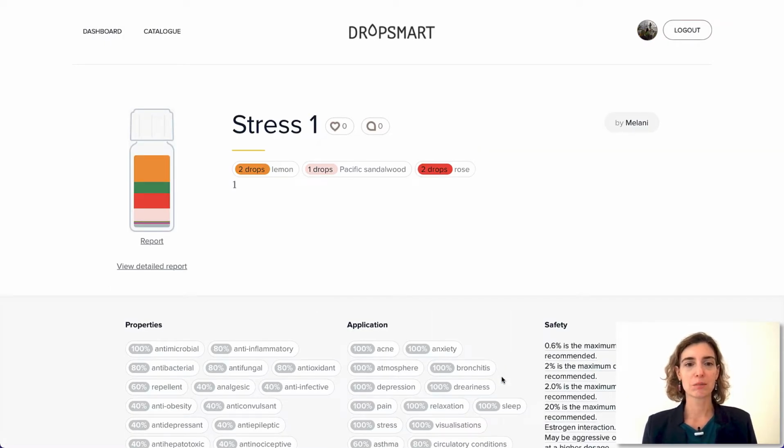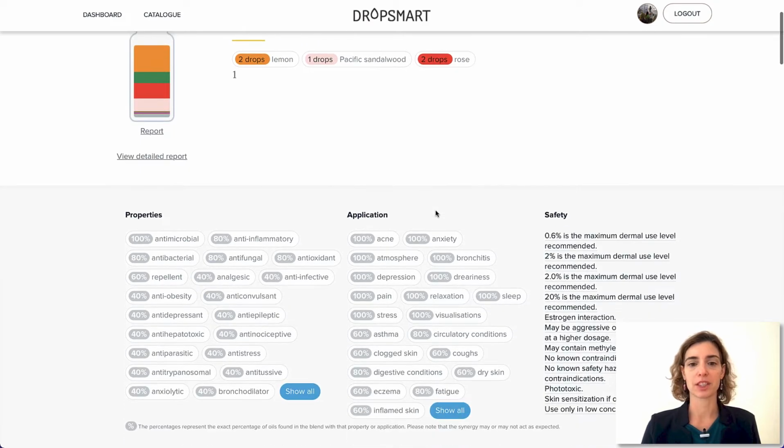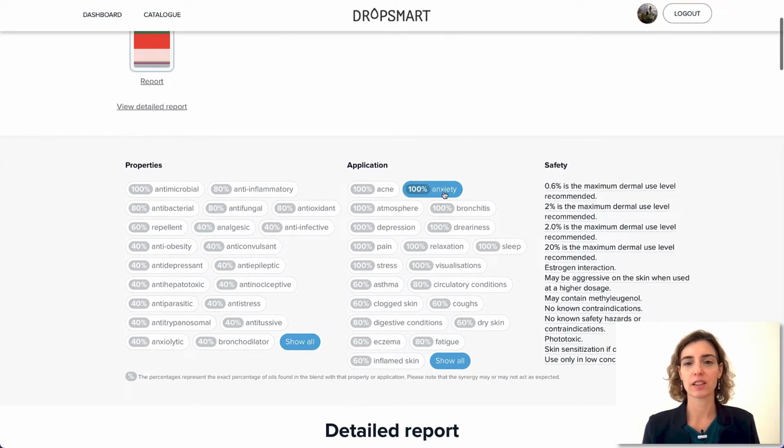So my stress number 1, here are the oils. 2 drops of lemon, 1 drop of Pacific sandalwood, and 2 drops of rose. And the purpose was stress. If we take a look, here we go,